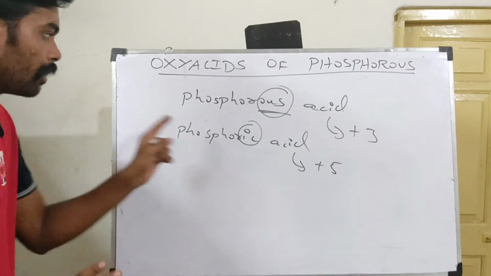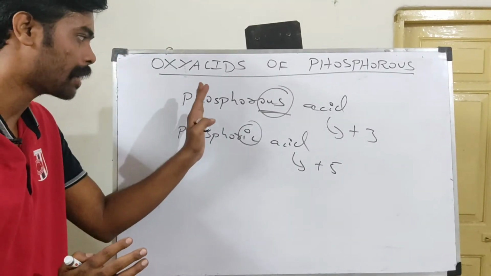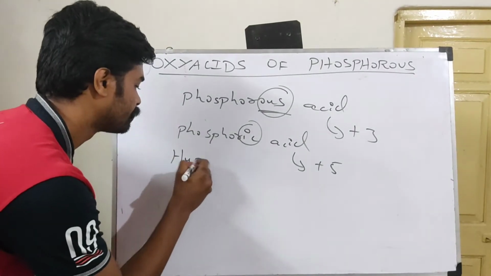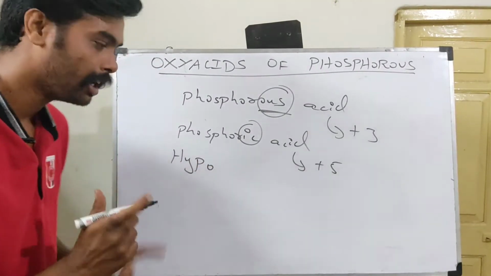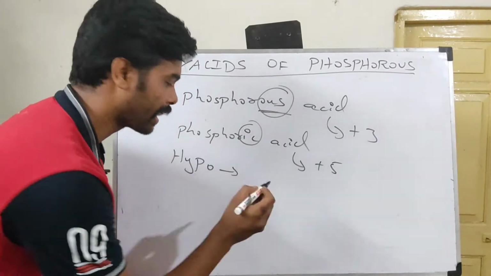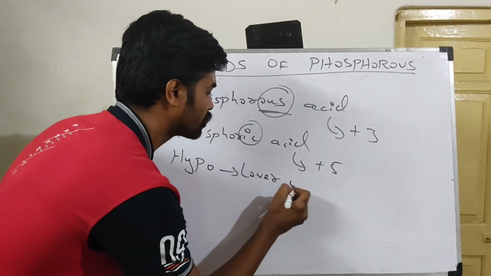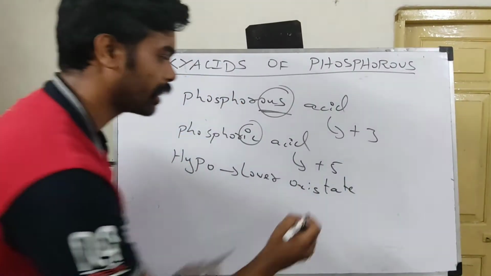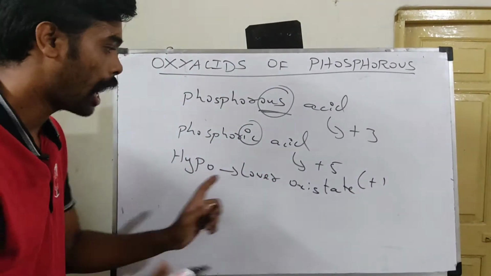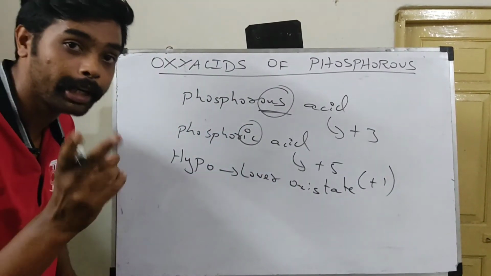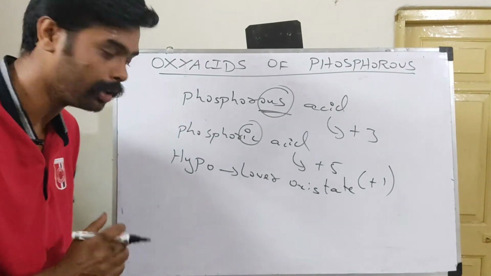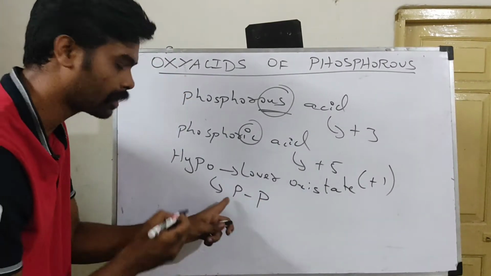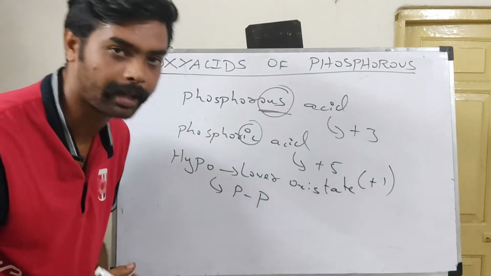state. Okay. Now along with these two, there are going to be something which can come in as the prefix part. Say for example, if I see hypo as the prefix, you have to understand that it is going to indicate the lower oxidation state. Generally it will be +1, right? And one more thing it can indicate, if I am going to have two phosphorus atoms in the same acid molecule, this will also give me that I am going to have a P-P bond. A P-P catenating bond is going to be there, right?